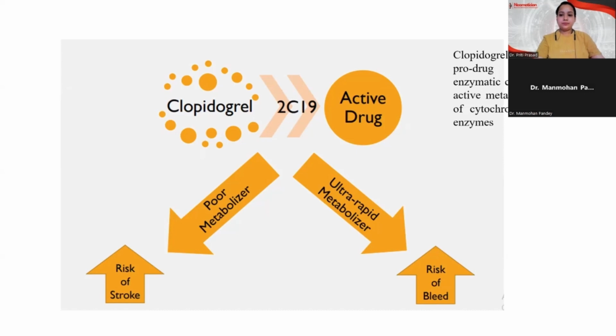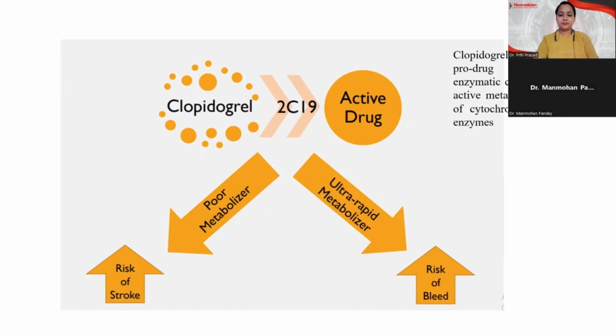and if it is ultra rapid metabolism, we give more drugs. But in this case, it is totally antagonistic, in which if ultra rapid metabolism is there, we give less dose, and if poor metabolism is there, we give high dose. It is because clopidogrel is an inactive product, which after metabolism turns into active drug. So once it is active drug, if the metabolism is very high, it will turn into active drug, and it will be accumulated in the body, and it may cause some ADR.